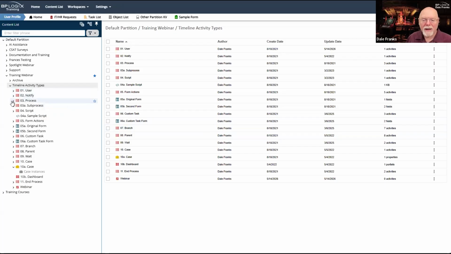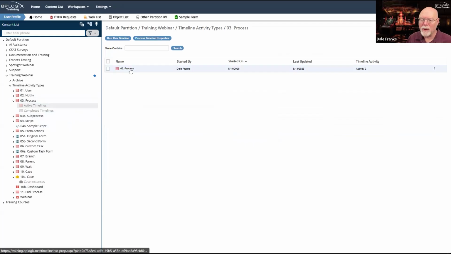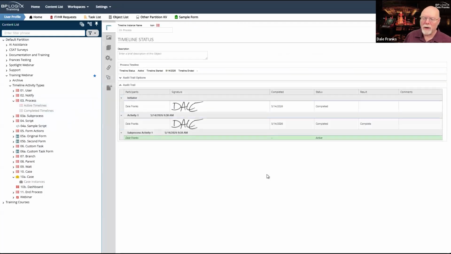But let's look at our sub-process. I should have an active timeline running. I do. It's this one right here. We can open it up. We can look at its processes. And in the normal default view of the timeline status tab of a timeline instance, it'll give me a routing slip and show me where we are in the process.